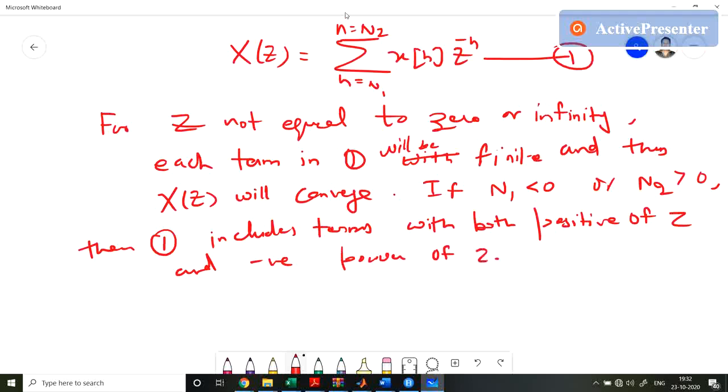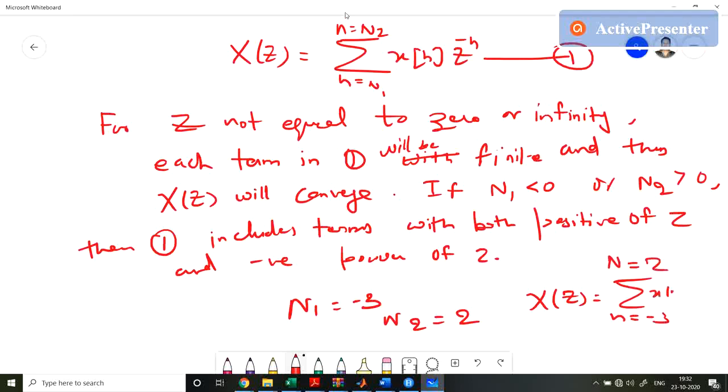So for example, if we take N1 equals -3 and N2 equals 2, then X(z) is nothing but the summation from n equals -3 to n equals 2 of x[n] z raised to the power minus n,